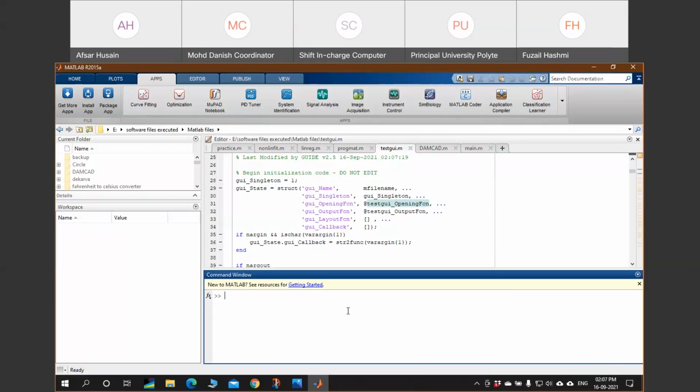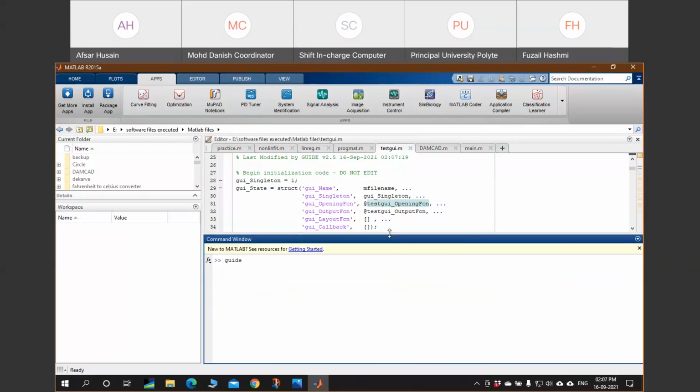So this command is the guide command, GUIDE. In order to initialize the graphical user interface platform, you need to type the guide command in the command window.